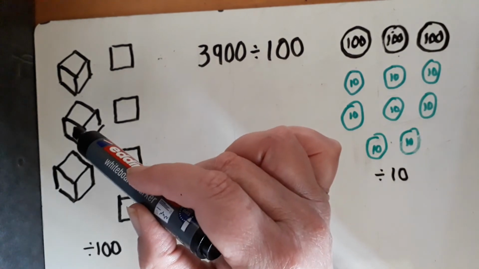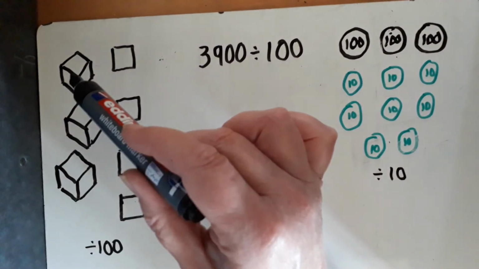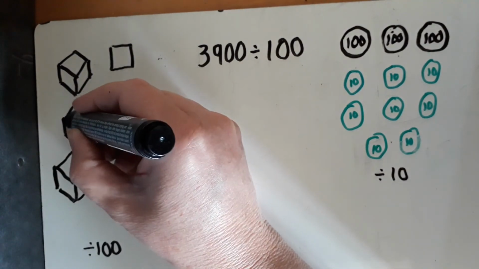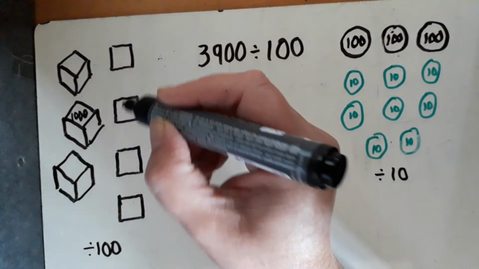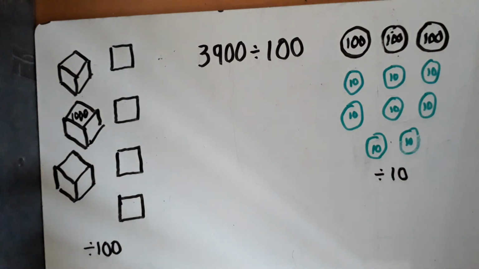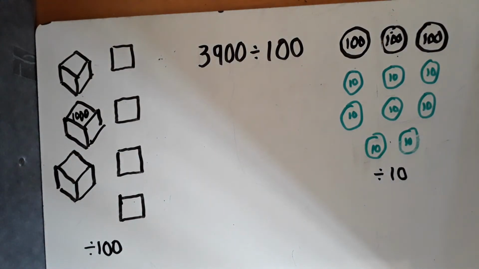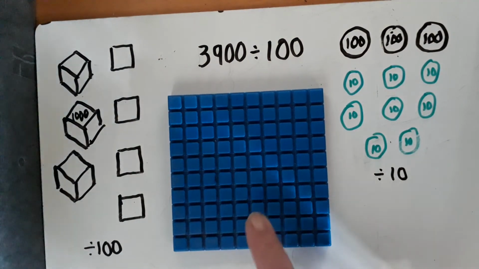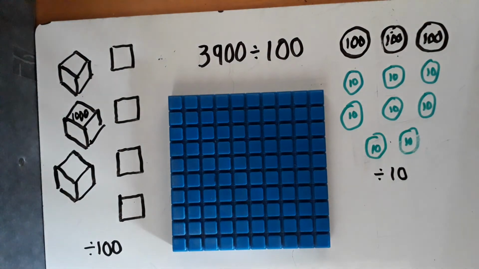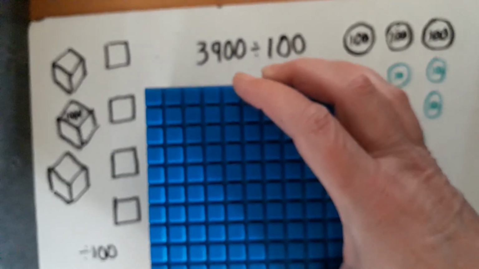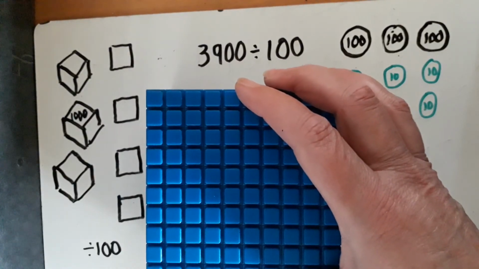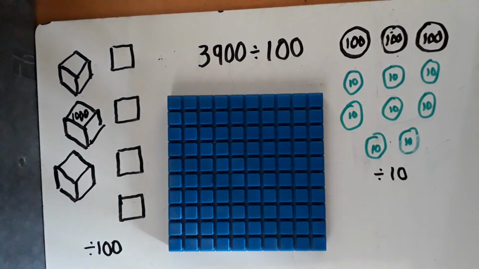Okay, so each of the big cubes is worth 1,000. All right, and each of the squares is worth 100. So I do have one of the squares at home because I also use them when we're doing decimals. And then if we had like 10 of those, then we would have 1,000. Okay, all right,